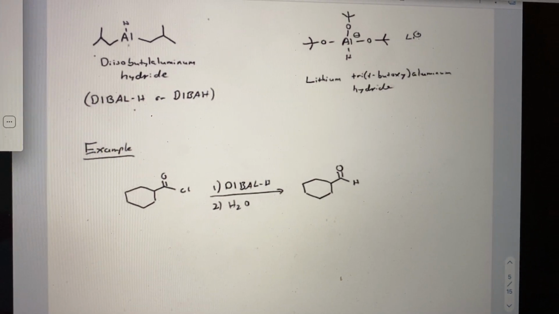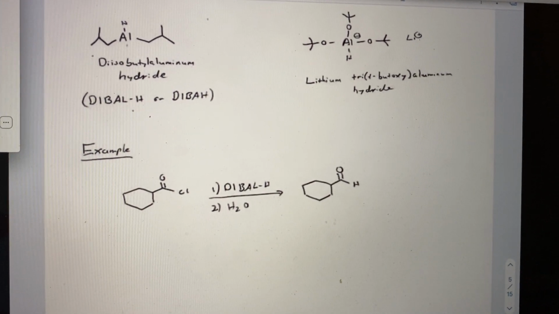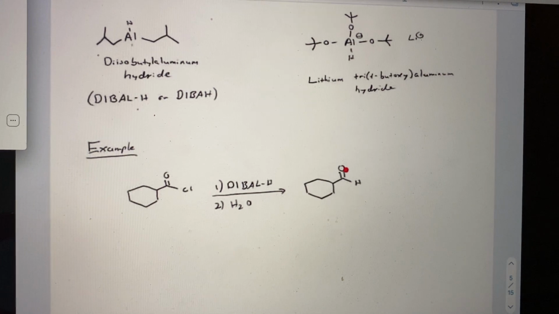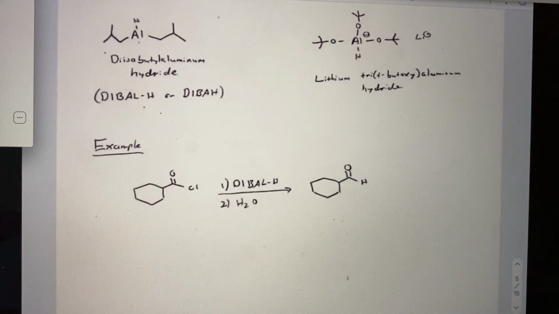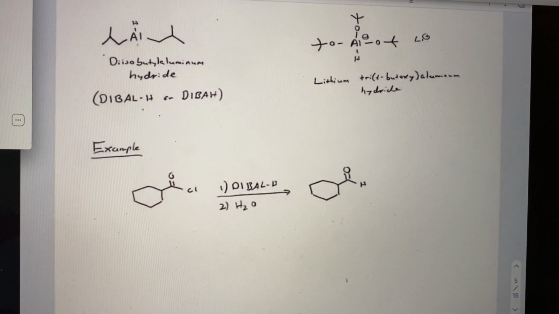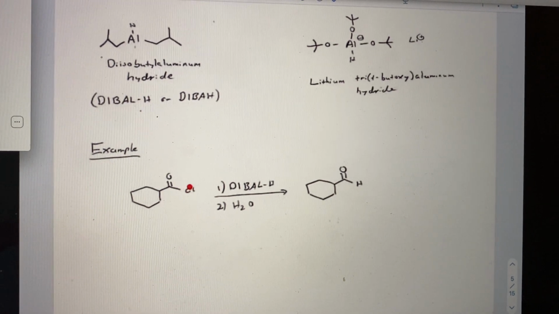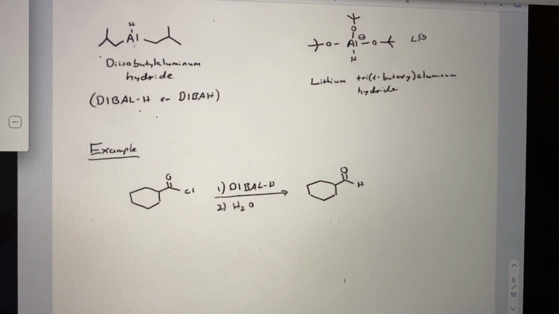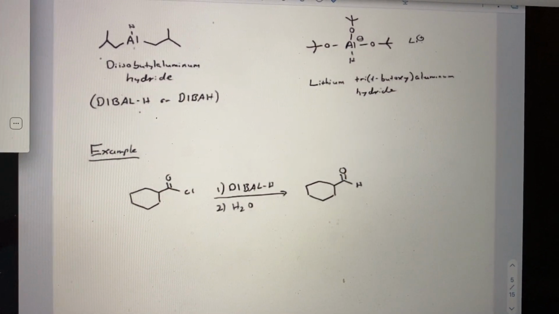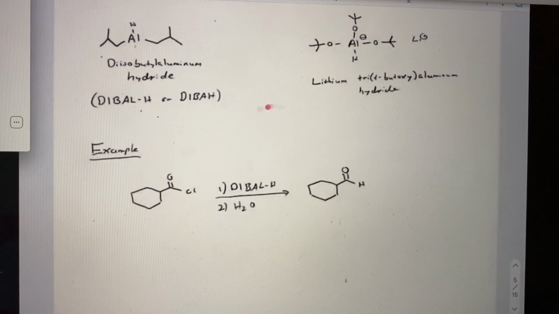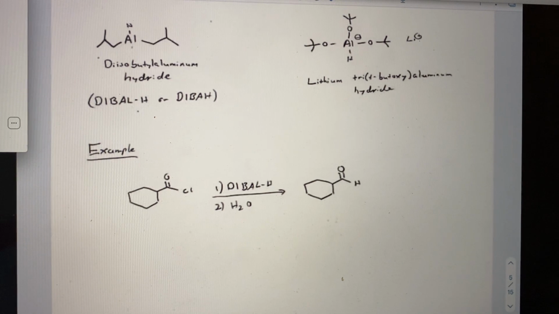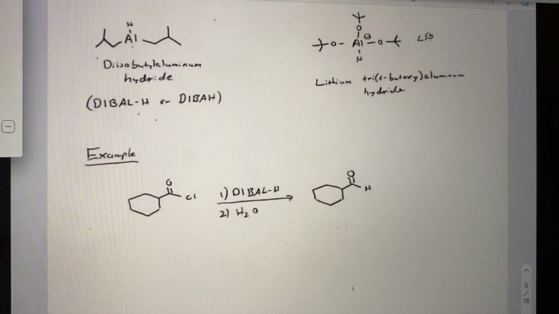The mechanism is similar to what we've seen. We're not going to worry about that. There's coordination of the aluminum to the hydroxyl group, but I just want us to be aware that if we were to use lithium aluminum hydride, this acyl chloride will go all the way down to the primary alcohol, the OH here. But if you use something like these two reagents listed here on the top of the page, you can stop at the aldehyde. All right, so then we have